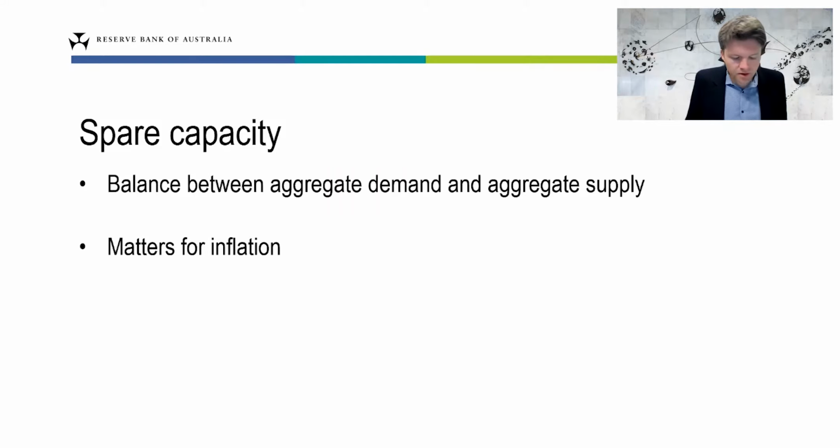Now, when the RBA are evaluating how much spare capacity there is in the labour market, we look at lots of different indicators, so tens, maybe even hundreds of different indicators. And a big job of the bank's economic analysis department is trying to stay on top of all these different indicators and coming to an assessment of what spare capacity is like at that point in time. But one of the key ones that we look at is the unemployment gap.